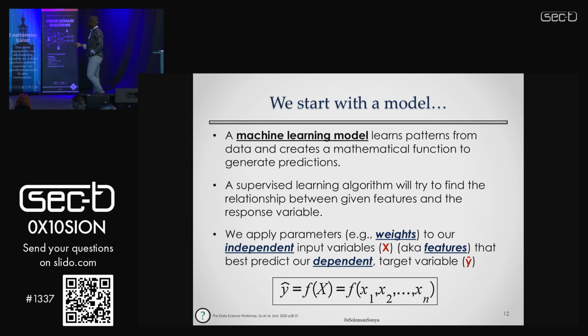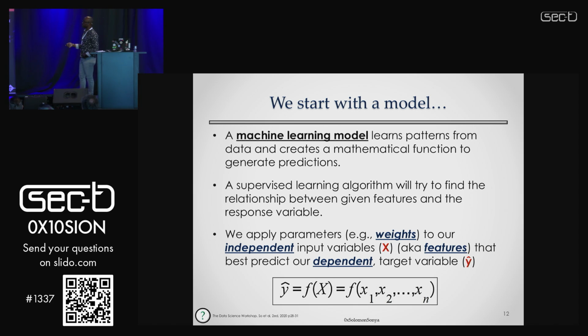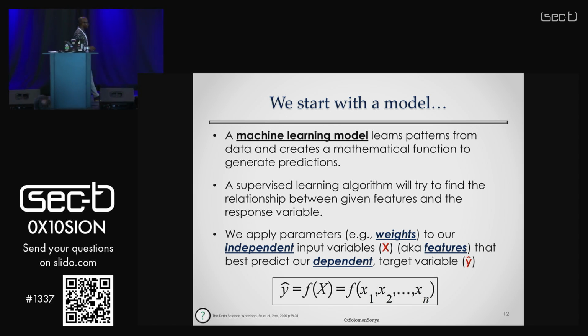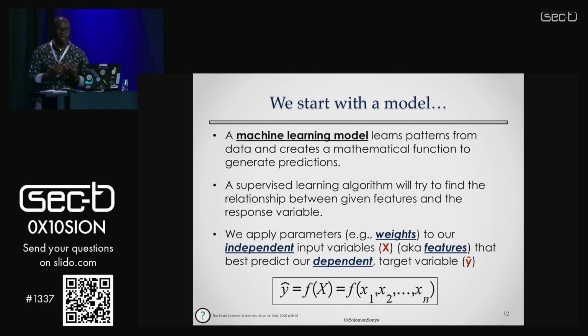So let's look down here. In this case, let's say we have a linear function that we are analyzing. And in a linear function, we want to understand the weights that are applied to each of our input variables in order to help us predict the dependent variable. And in the slides, I use this y hat, which is common nomenclature for us to discuss. This is our prediction of the function for the variables that are coming in. Because if we can understand this part, then we can see how to better apply these models to various data sets.